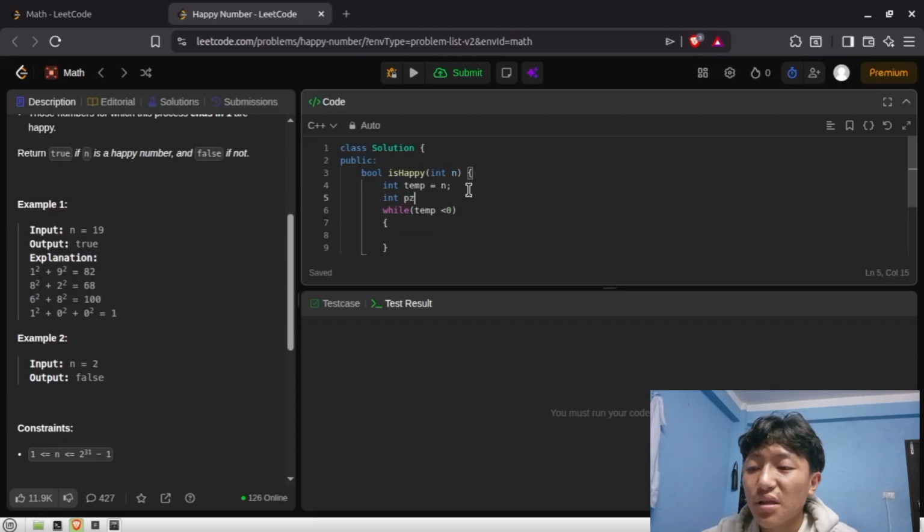PS means partial sum. Let me write p sum equals to 0, and